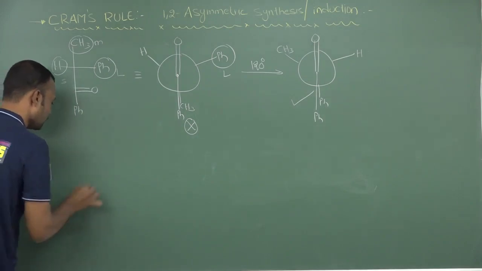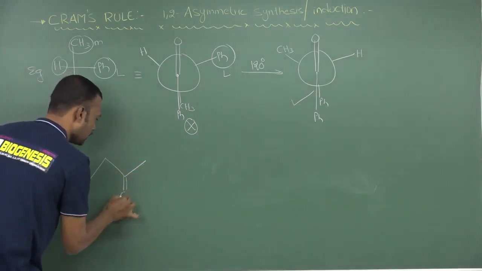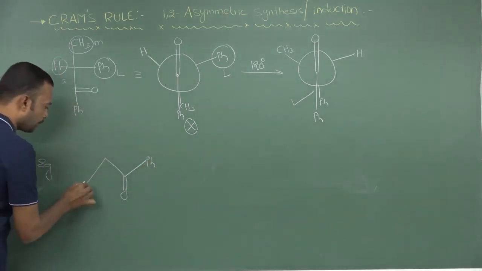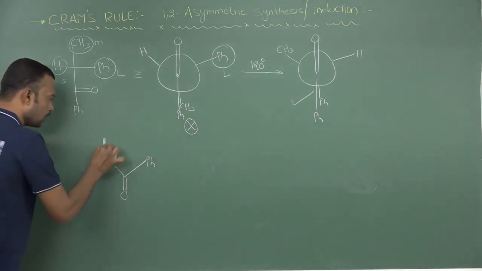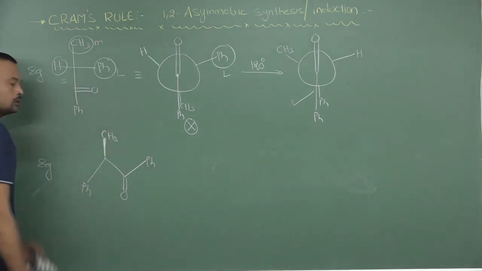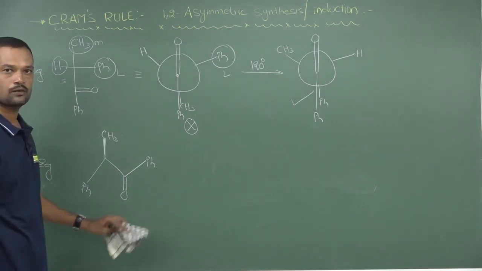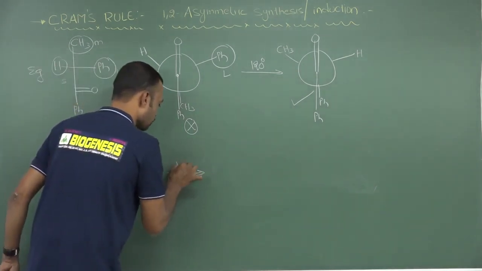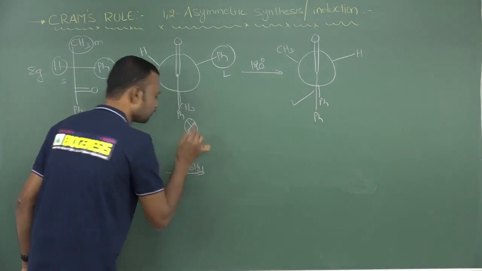Okay. So here, you may also take one more example like this. Here I am writing the phenyl group. Now here I am writing CH3. What will be the major product of this reaction? They will ask like this, and they will give NaBH4. What will be the resultant answer?